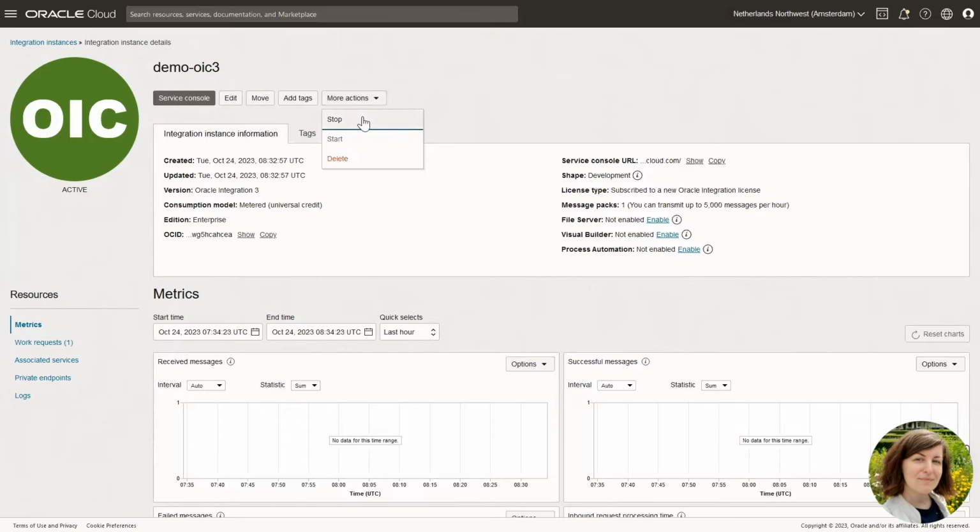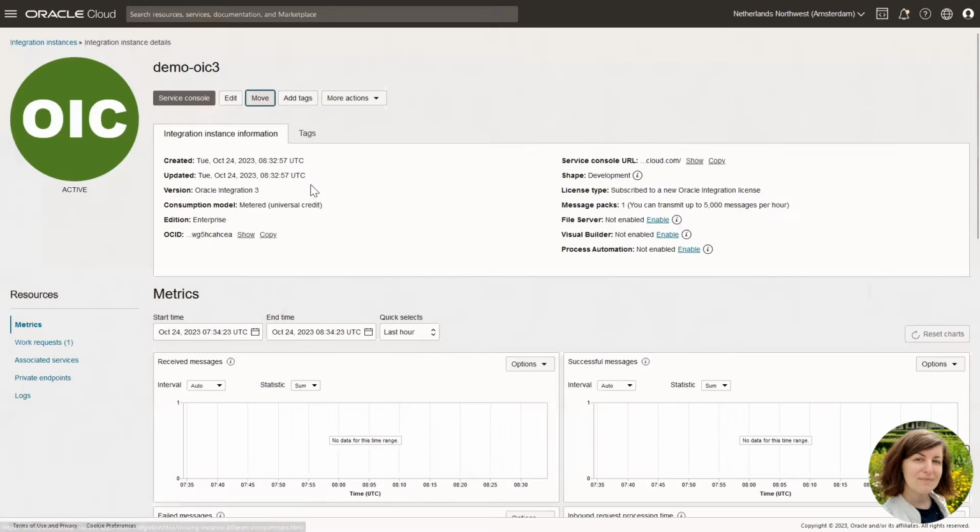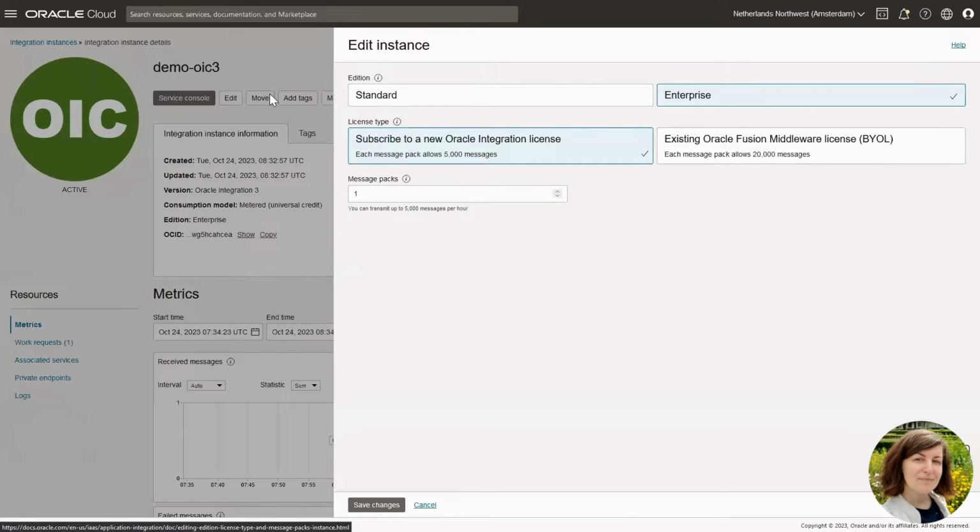You can start, stop your instance, or delete it when no longer needed. You can move the instance from its current compartment to another compartment. And you can edit the instance to switch the edition between Standard and Enterprise, or to change the number of message packs for scaling your instance up or down.